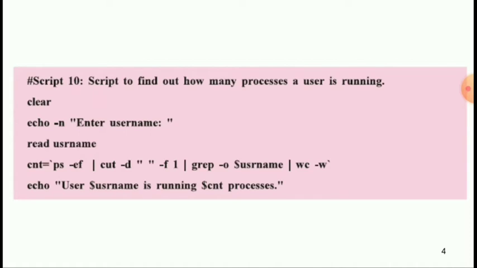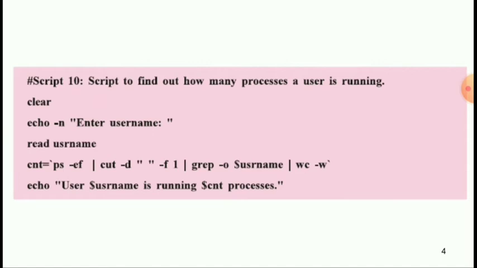From this output, the extracted list of the first field is then given to the grep command. The grep command finds all the users that match with the value that is stored in the variable username. This matched list is then given to the wc command that counts the occurrences of the given word username. Finally, this word count is assigned to variable cnt. The last command then displays the actual output needed.